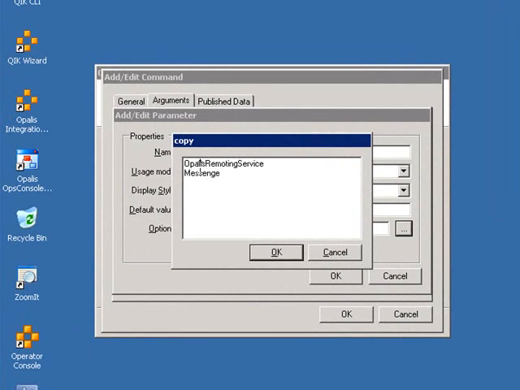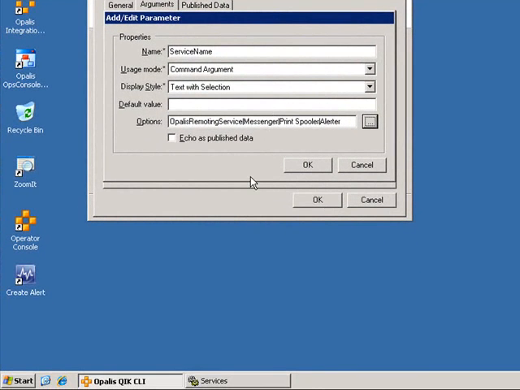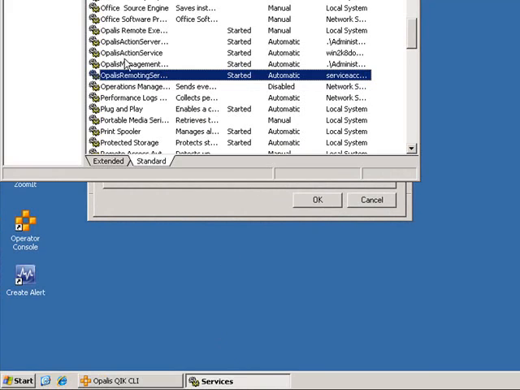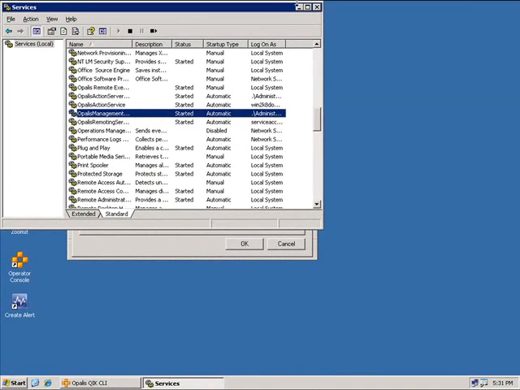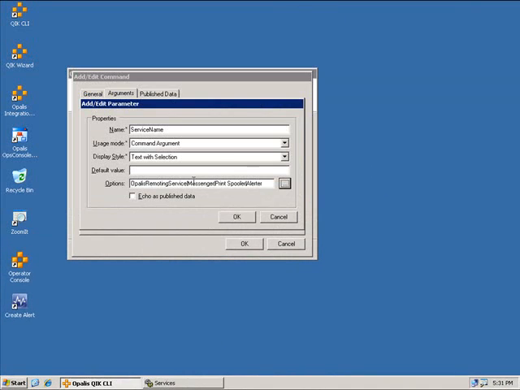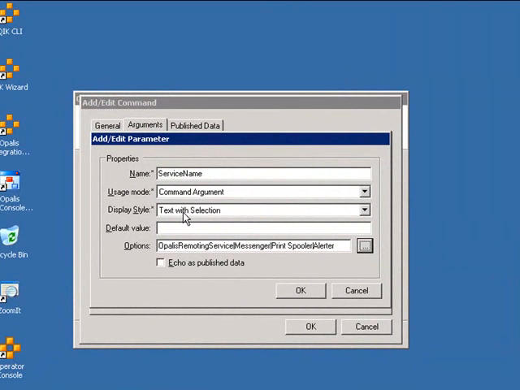But we know some names of some other services. Messenger, Printer Spooler, Alerter, so on and so forth. I believe that's actually Print Spooler. You can go in and edit these later on. I'm going to verify that what I put in there is correct. Yep, Print Spooler. And you could add the list or all of them or none of them, but for this